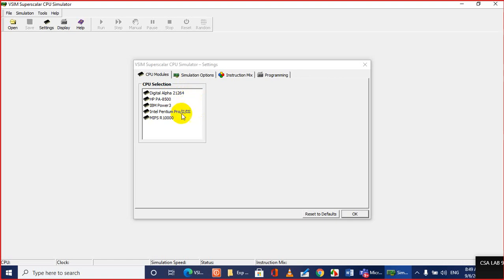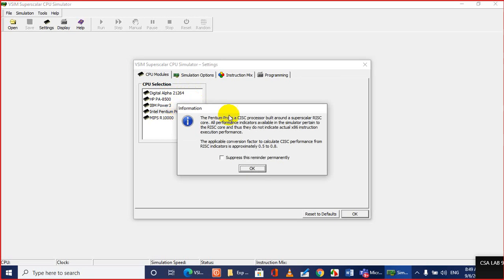So for lab 9, we will click Intel Pentium Pro. As you click, it shall display some information about your simulation. The Pentium Pro is a x86 processor built around a superscalar RISC core. All performance indicators available in the simulator pertain to the RISC core, and thus they do not indicate actual x86 instruction execution performance.